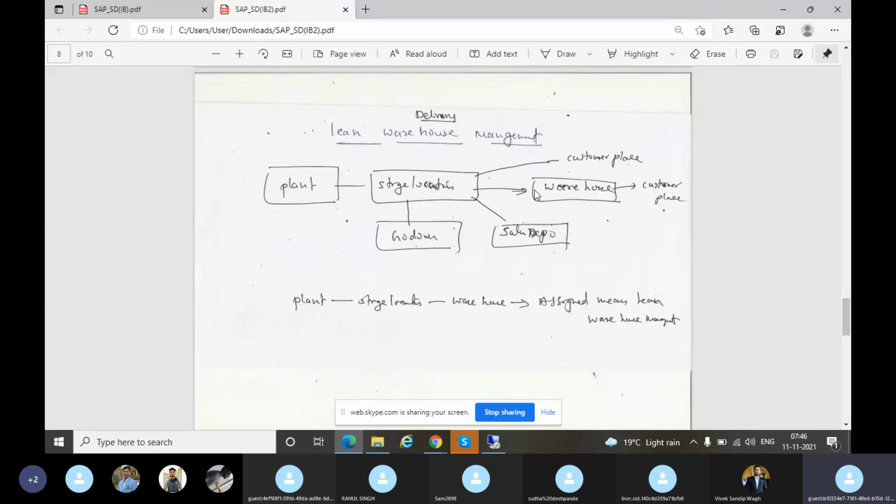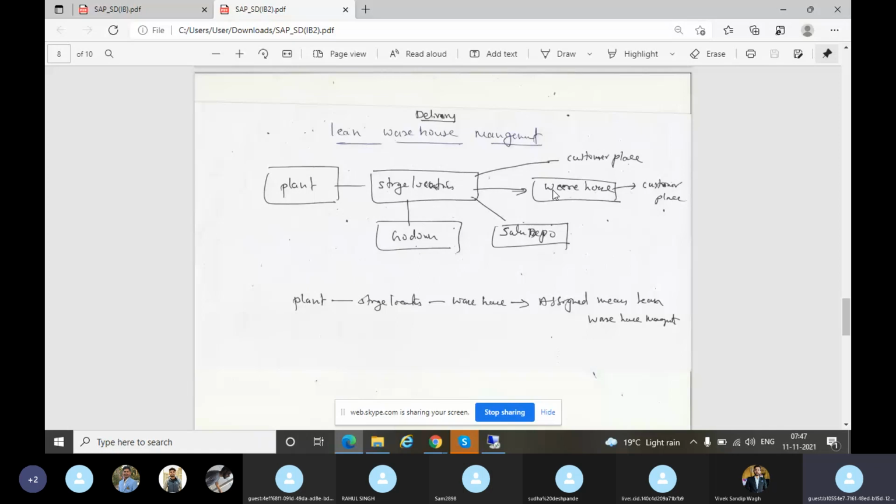What is a warehouse? See, a warehouse is an independent body. We call it a bonded warehouse. As per the Factory Act, any warehouse they want to maintain will be 9 to 10 kilometers away from the plant. That is why it is called a bonded warehouse. In the warehouse, you can keep the material in a systematic way: storage type, in the storage type a storage bin, in the storage bin a rack, in the rack a compartment. Then you keep the material. There is a systematic way of storing the material. Then you can maintain atmosphere control and freezing conditions, which you can't maintain in the storage location.